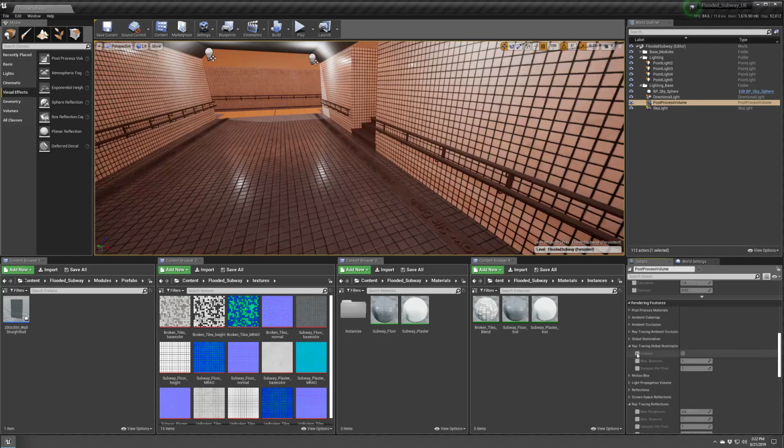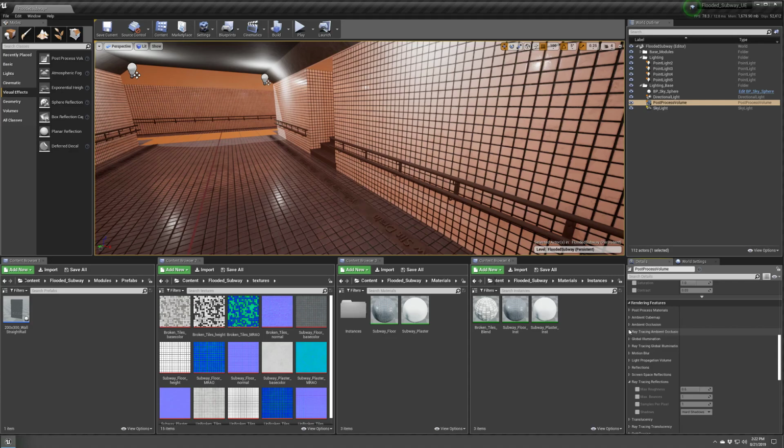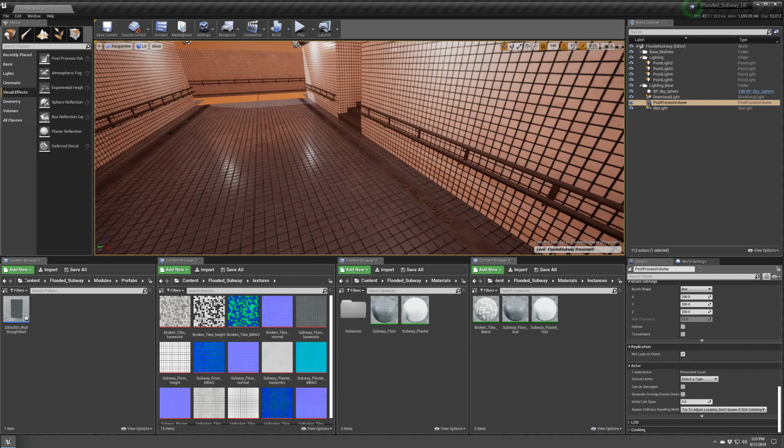For global illumination, I'm pretty sure this is one that really tanks the computer. Yeah, that's very laggy. I don't think that's actually true ray trace global illumination either. If we really want to test this real quick, what we can do,